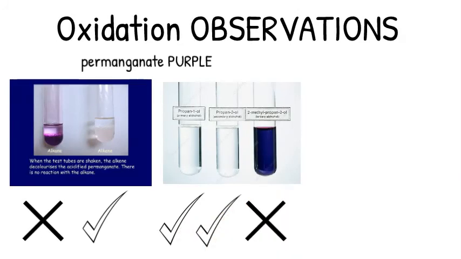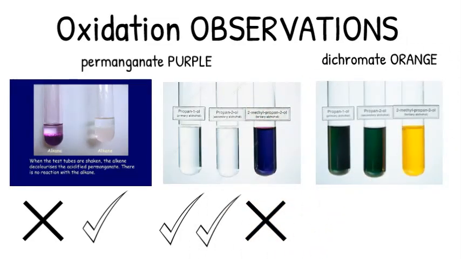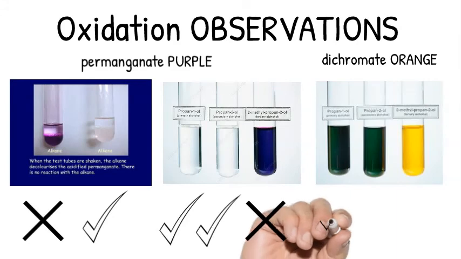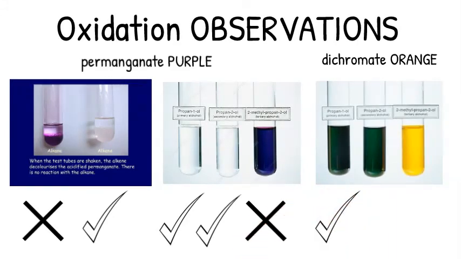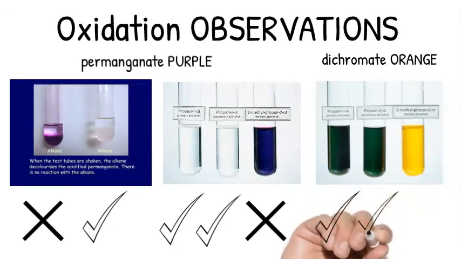The observations are different if you use dichromate, which is orange. Dichromate is not a strong enough oxidant to oxidize an alkene, so we're just looking at the alcohols. The orange turns green for a primary and a secondary alcohol, as seen here, but stays orange for a tertiary,